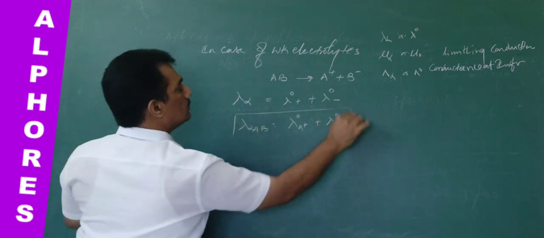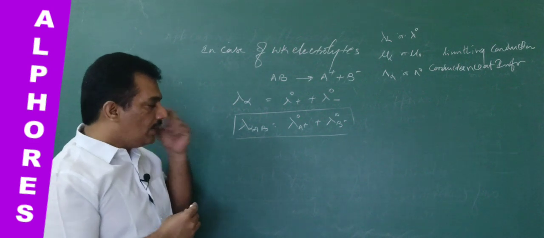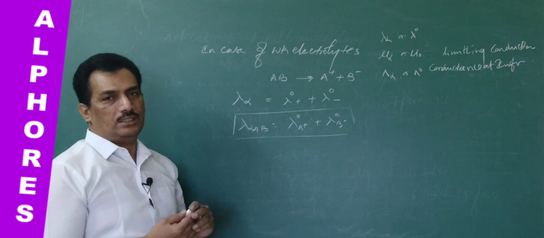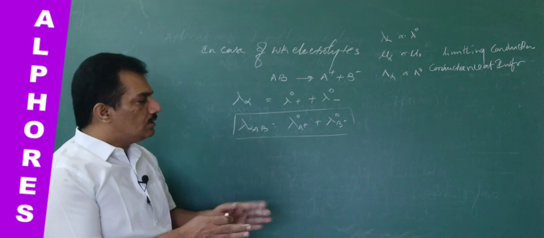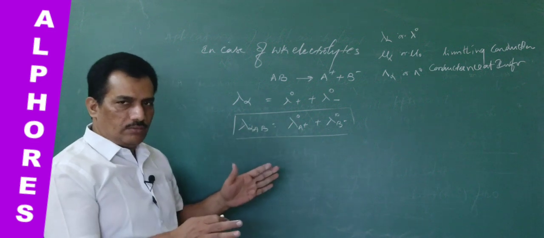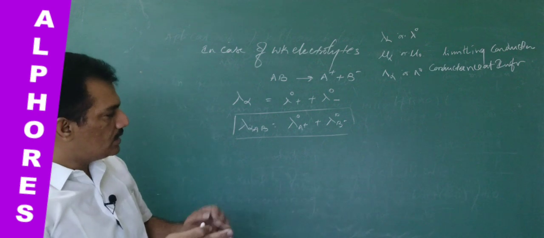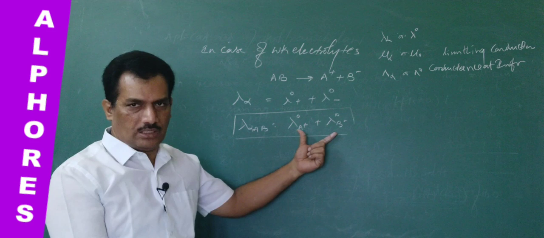This is applicable for this. And now the question is, why are we having a special discussion? Is it applicable in the case of weak electrolytes? Because in Kohlrausch law, he considered that for any electrolyte, the conductance of the electrolyte is nothing but the sum of the conductances of the ions that are present in the electrolyte.